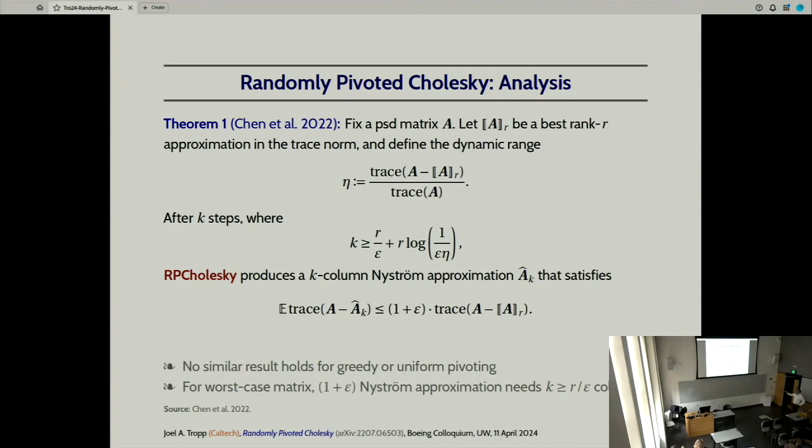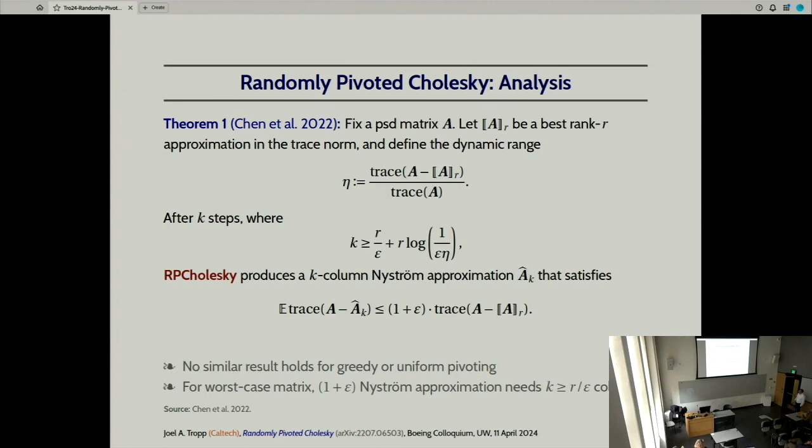Okay. So roughly speaking, you should think about epsilon equal to 1. So to get within a factor 2 of the best rank R approximation, we need R columns plus R times a logarithm. I like to think of this logarithm as being smaller than 37, which is the logarithm of the machine precision, because you couldn't possibly push the error farther down than that. Okay, so you should think about this as a constant times R.